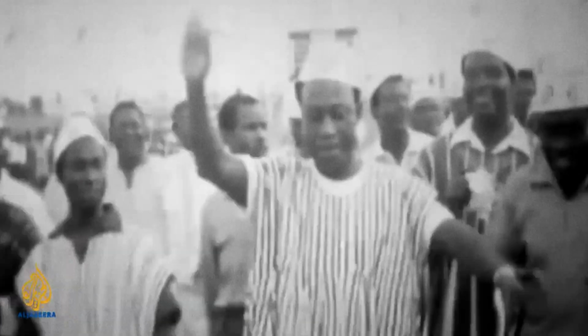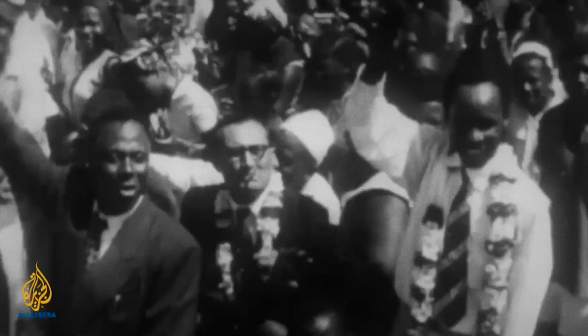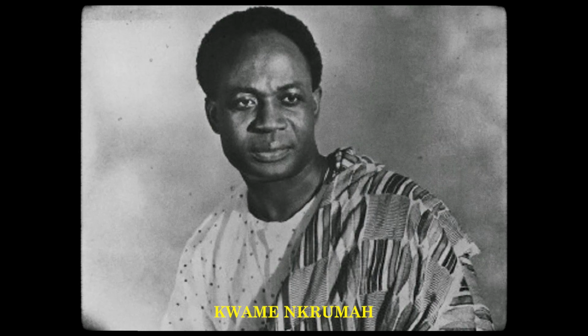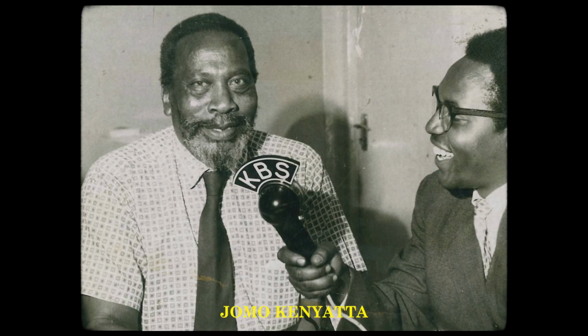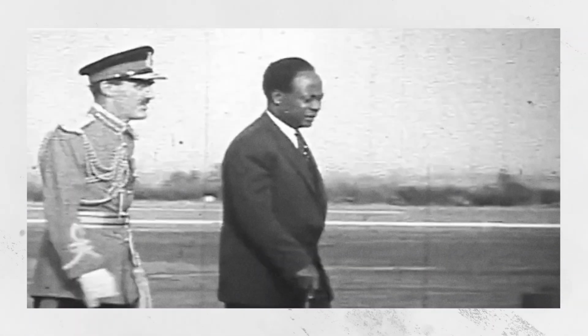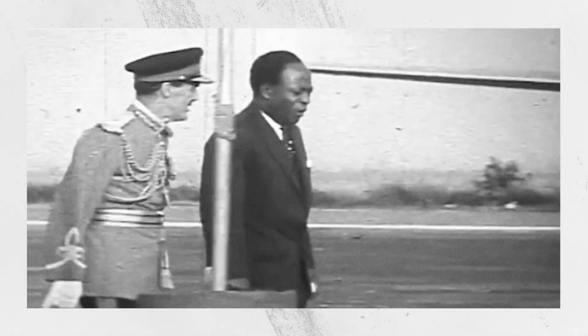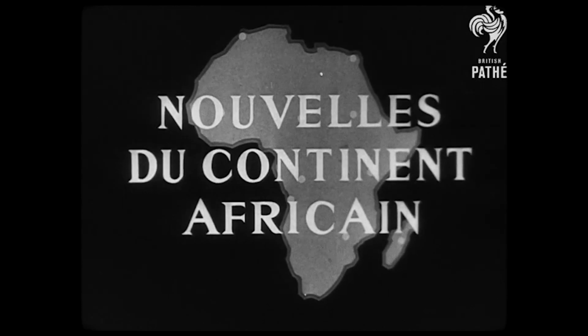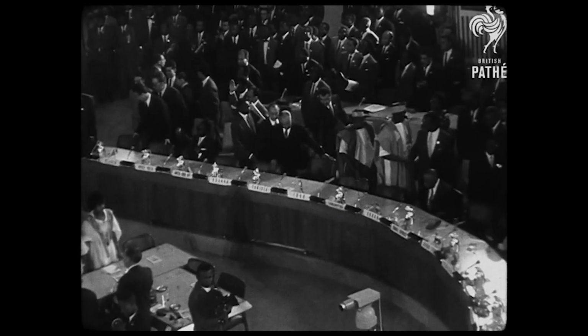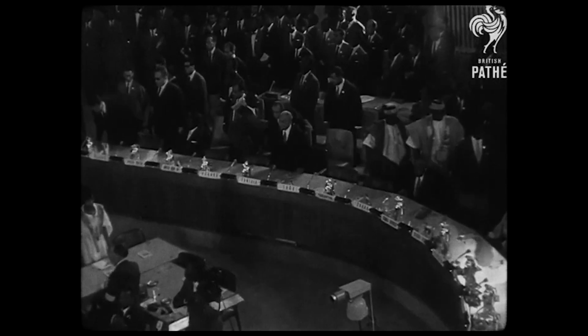When African nations gained independence in the 1950s and 1960s, the question arose: should the newly formed states redraw the colonial borders? Leaders like Kwame Nkrumah of Ghana and Jomo Kenyatta of Kenya were among those who considered the implications of such a move. They understood that the colonial borders were artificial and unjust, but they also recognized the dangers involved in redrawing them. In 1963, the Organization of African Unity, or the OAU, met in Addis Ababa to discuss the future of the continent.